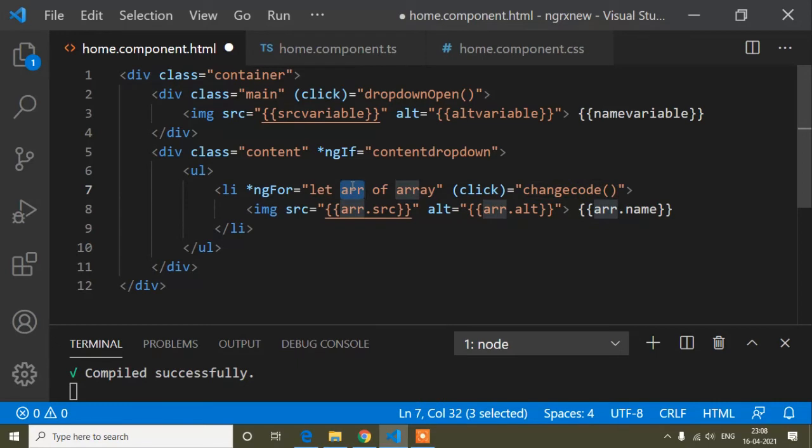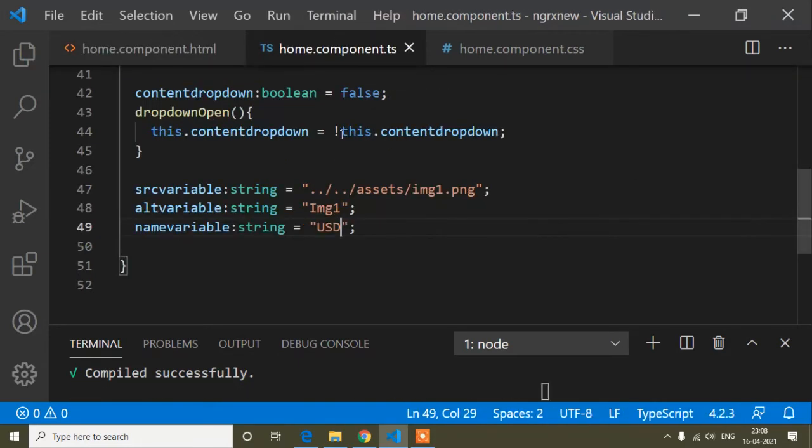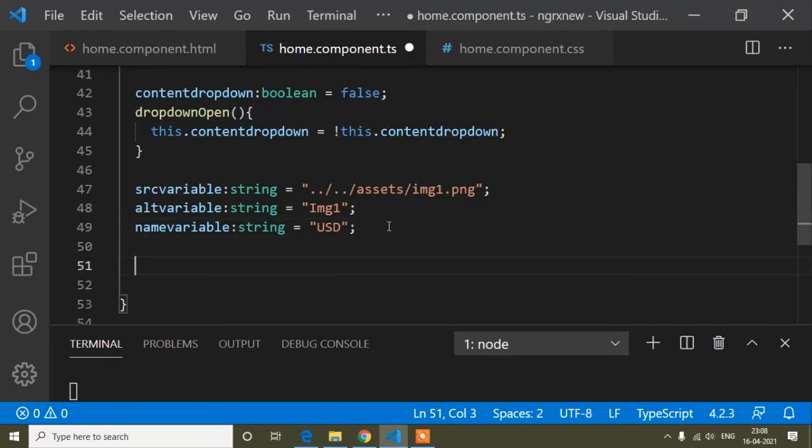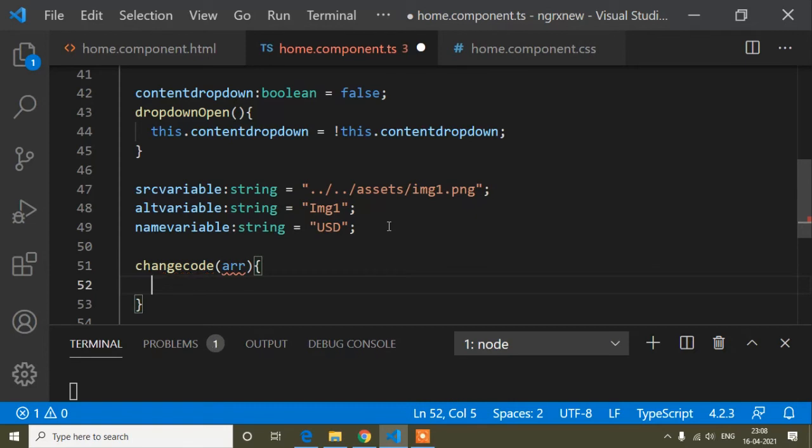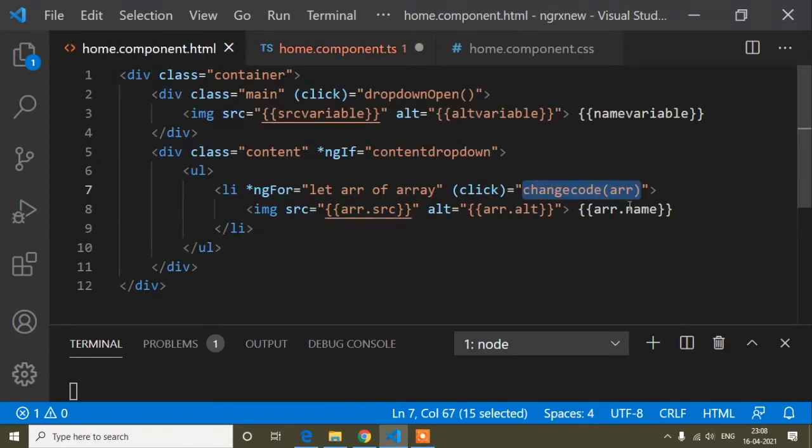And now guys, inside this parenthesis, suppose I pass this arr, and now I will copy this one, save, and here I will define this. Instead of arr you can pass anything that will denote this arr.